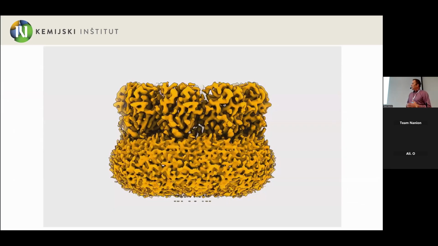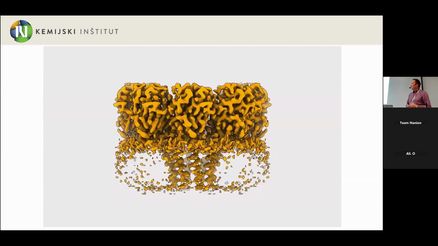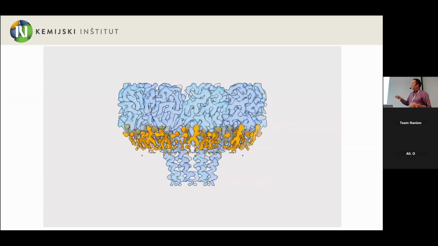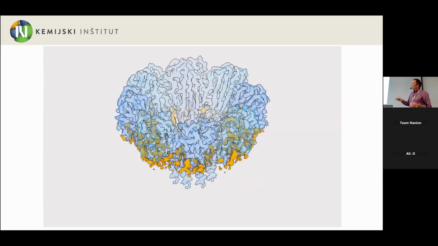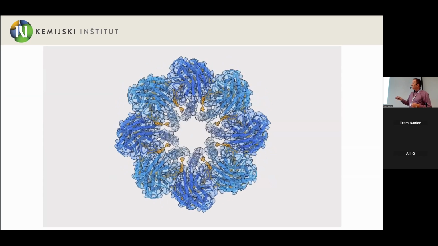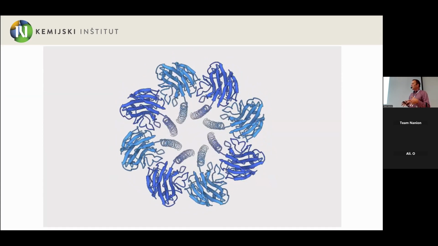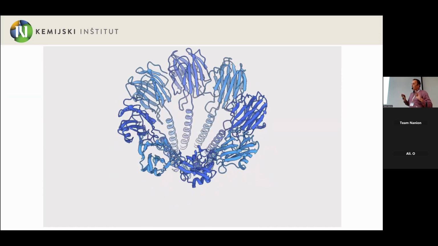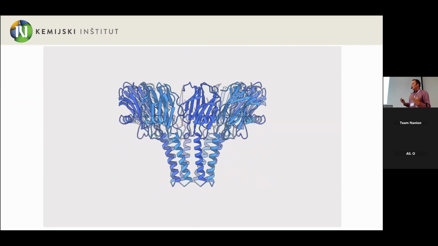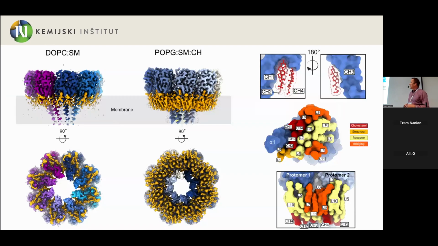This is our recent work where we determined the structure of one of these pores. This is an octameric complex that was extracted from the membrane by detergents. You can see that apart from protein, there are also quite well-defined lipids at different positions within the protein. Some of the lipids actually fill the area between the protein molecules, and they're an integral part of the oligomeric complex. And there was one lipid that protrudes between the helices into the lumen of the channel. So it's a highly dynamic complex, and that's why the traces that we observe with these pores are quite